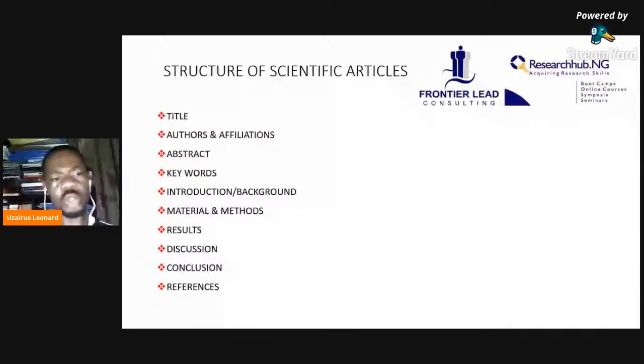Keywords are very important when searching for articles. Most times the keywords are what you search with. So if your study is in the area of, for example, HIV, and your keyword does not capture that, when someone is doing a research and is looking at that aspect,